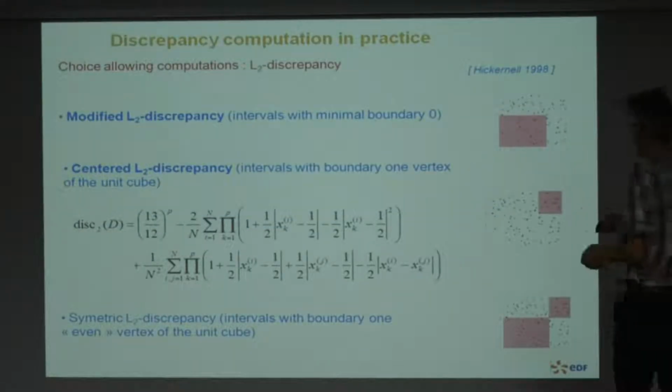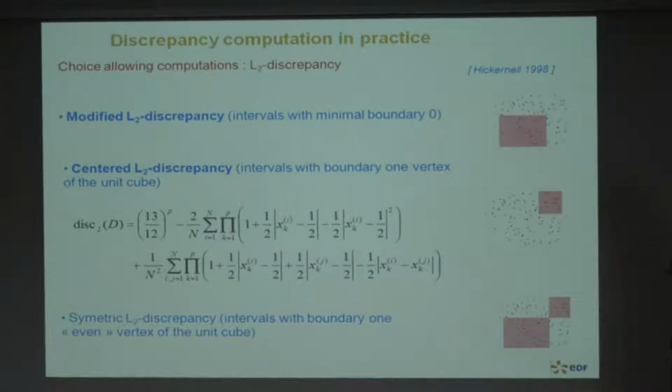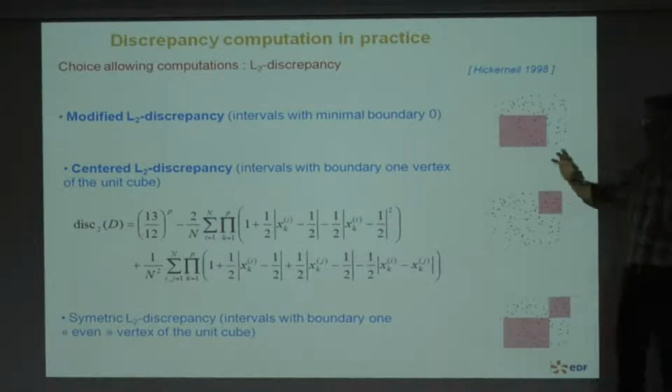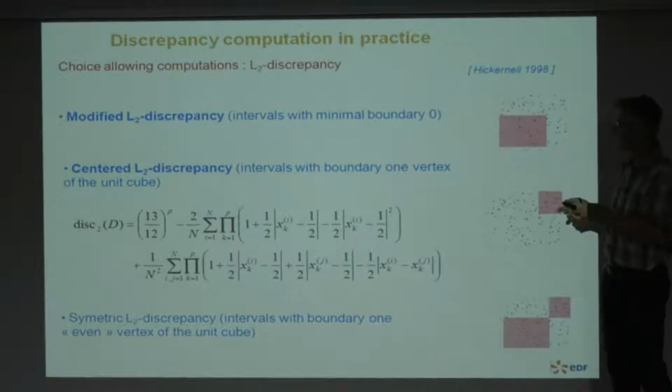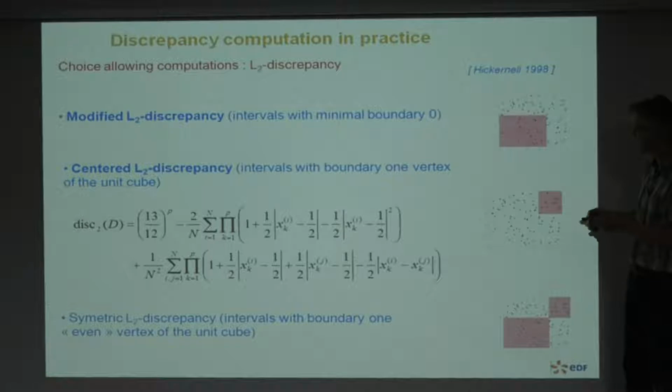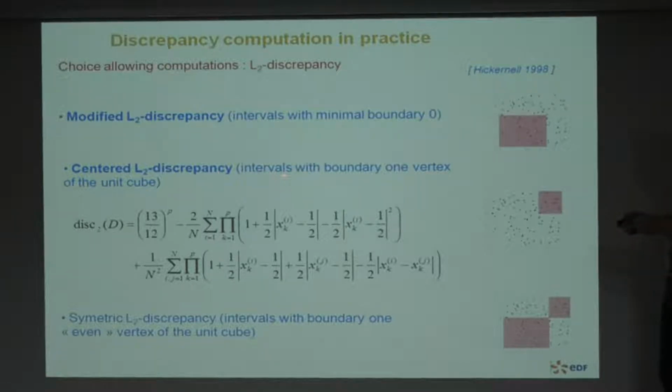I'll go back after to the previous slide, but here just to say that this author has performed very theoretical work to find an analytical expression of the discrepancy. There are various forms of discrepancy. It depends on the kind of subintervals you consider. If you consider intervals with minimal boundary 0, you have the modified square discrepancy. If you consider all the intervals with boundary at one vertex of the unit cube,